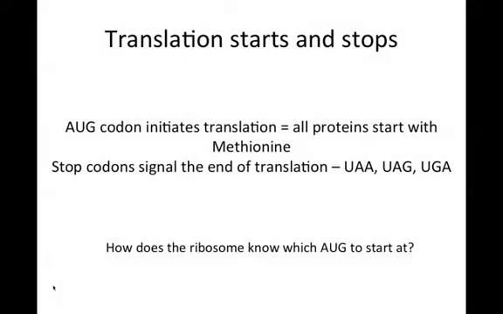Yes? Does each protein have a unique Kozak sequence, or is it the same? The Kozak sequence is a general string of bases, so it's pretty much the same thing. There's like one or two that could be an either-or, but it's like something, something, something, AUG, something. But those few somethings are pretty standard. And that would make sense, right? Because the same ribosome is going to find it. Good question. So the question was, does each protein have its own Kozak sequence? And no, it's pretty much universal because the ribosome needs to recognize it.